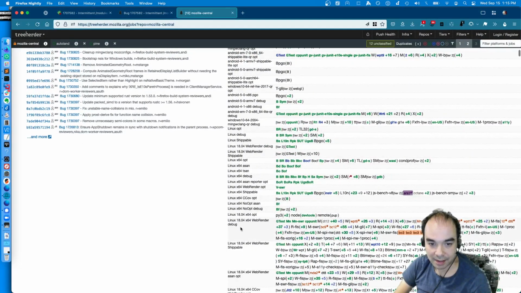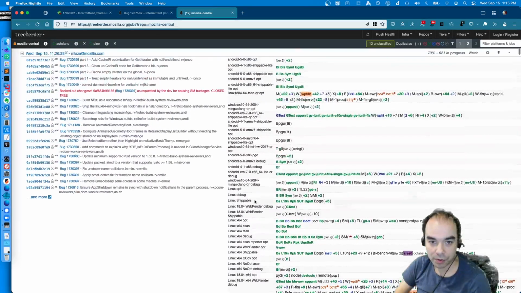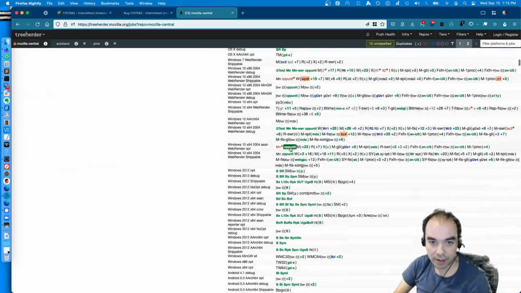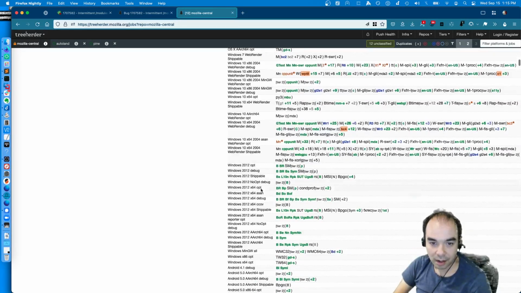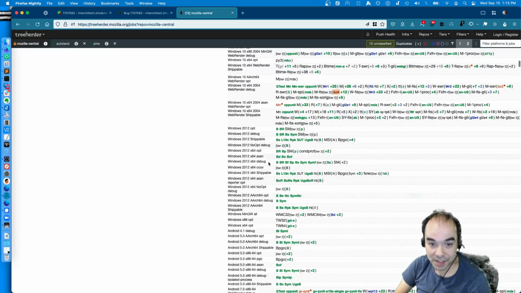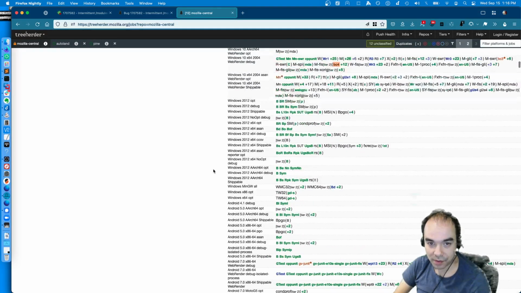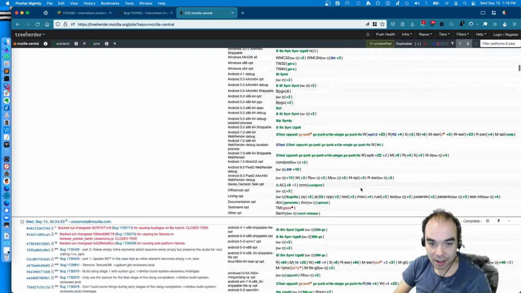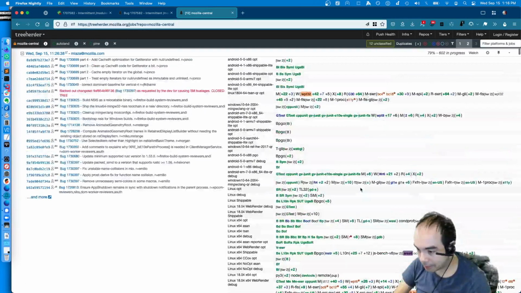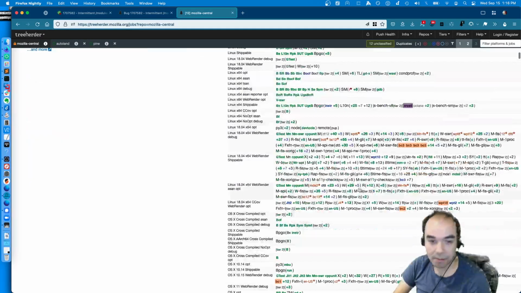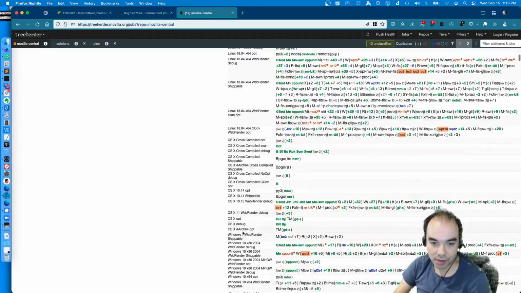Linux 64, Linux 1804. These are all flavors of Ubuntu, flavors of Android, versions of Android, flavors of Windows 7, 10, Windows 2012 still. Isn't that wild? Windows 2012, still building on that. Because we've got to make sure that we support lots of old versions of Windows. Yeah, so there you go. Oh, AArch64 is ARM. It's not the M1 chip, I guess. AArch64 is ARM. So I guess there are ARM chips out there in some of our Mac OS machines. I don't know. Anyway,